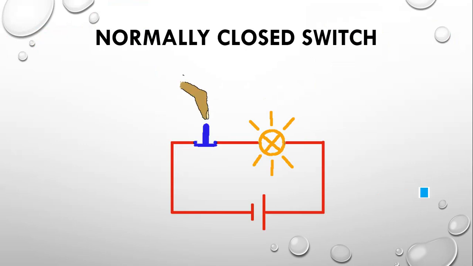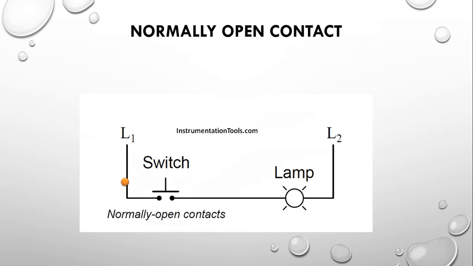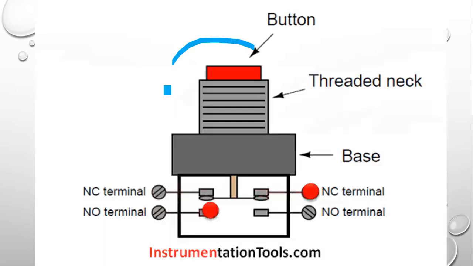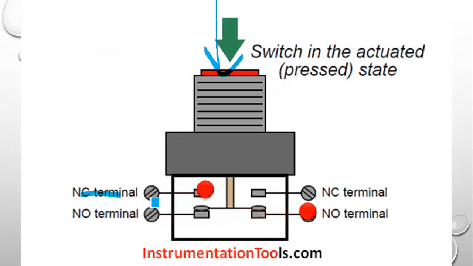Now the normally closed switch in detail. Normally closed means the circuit will be continuous like this. When we push it, it will open. Normally it was closed, and when pushing it, it will open. And the normally open contact means under normal condition the switch is open. With energization or pushing, it will be closed. And they can be combined together. You are seeing a push button switch which has an NC terminal like this. The current can flow easily, and the NO terminal is blocking the current. When we put a finger on the push switch and push it, the NC terminal will now be open and the NO terminal will now be closed.